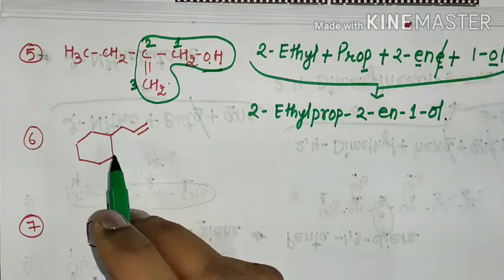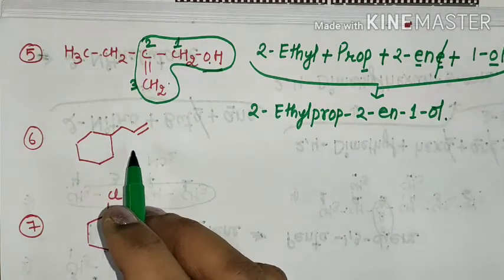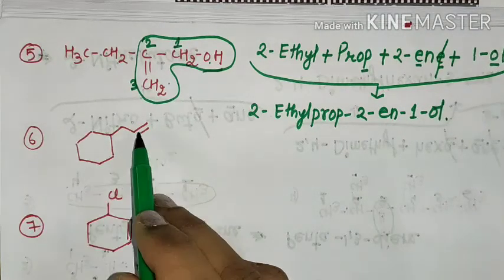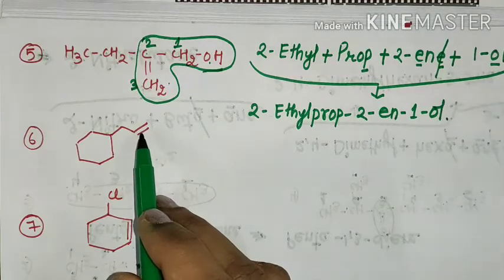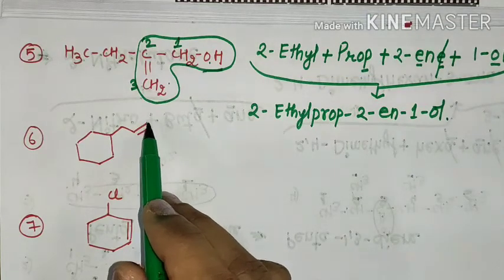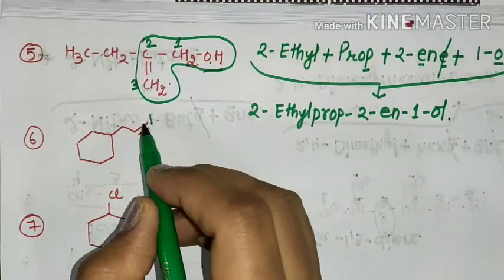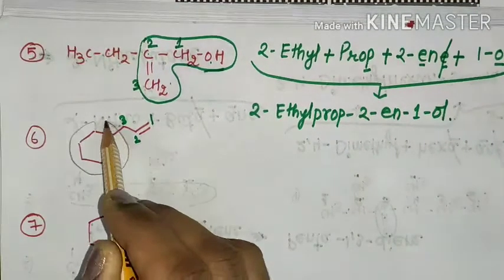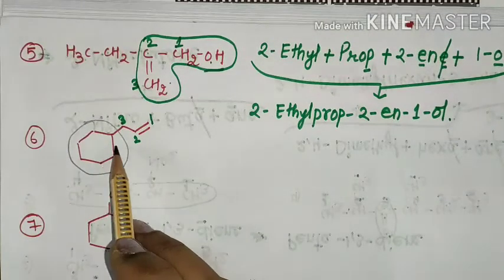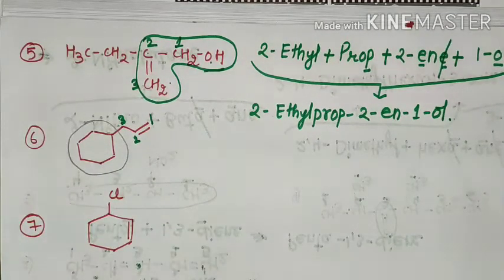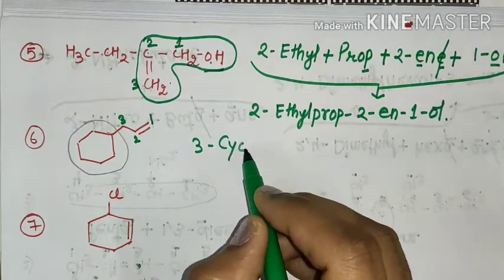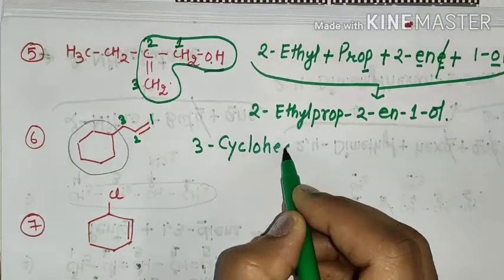Select the longest continuous chain of carbon atoms. We know while selecting the chain, the double bond gets priority. There is no functional group, no triple bond, no substituent, but double bond is there. So this double bond should be included in the chain. And the numbering will start from this double bond itself. So 1, 2, 3. This is our selected chain, and the remaining portion is substituent, which is cyclohexyl. So its IUPAC name is 3, first letter always capital, cyclohexyl